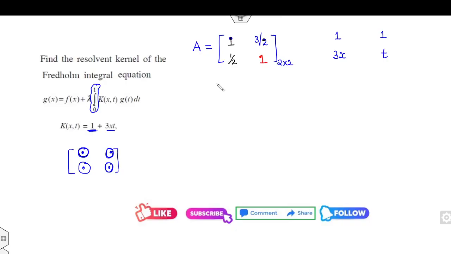ओके फाइन, अब जैसे ये समझ में आ गया, आपका आंसर खत्म हो गया। अब आप इसका आइगन वैल्यूज निकाल लीजिए, क्या होगा, लैम्डा स्क्वायर माइनस सम ट्वेस प्लस डिटर्मिनेंट, सो डिटर्मिनेंट विल बी 1 minus 3/4, that is a 1/4. So therefore रिजोल्वेंट कर्नल कितना होगा, पहला जो भी आंसर दिया हुआ है कर्नल 1 plus 3xt माइनस